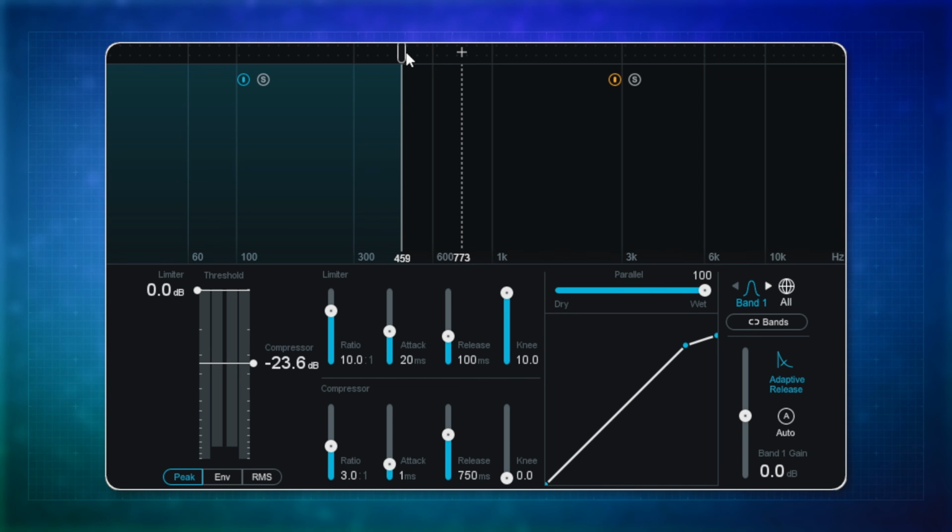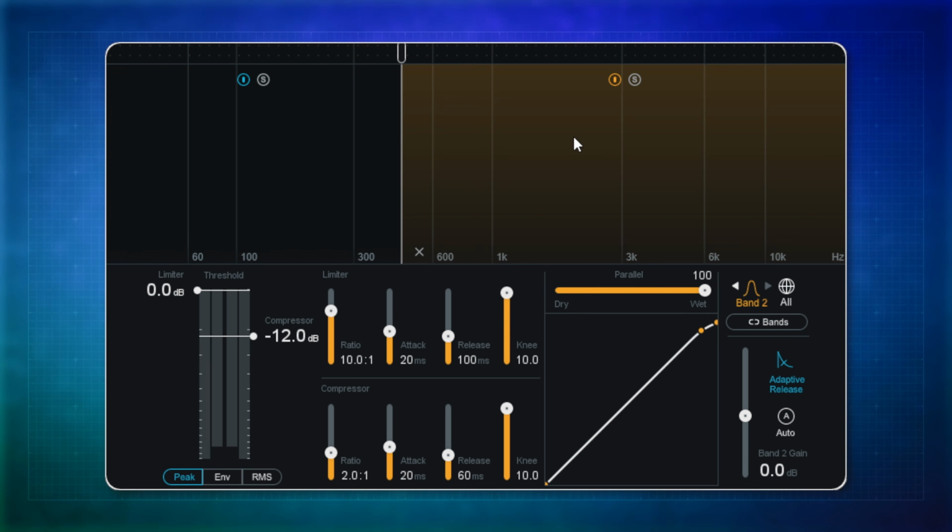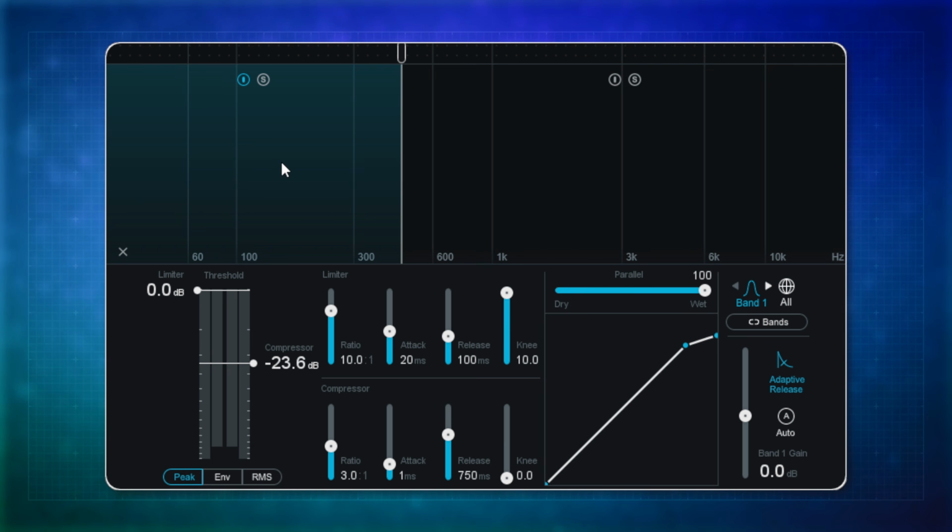Now, we don't actually have to use both bands here. We can actually turn off compression for any of them. So I'm just going to go over to my high frequency band and switch the compressor off, so we're only compressing the low frequencies. Now, one really important thing to note here before we actually listen to this is the